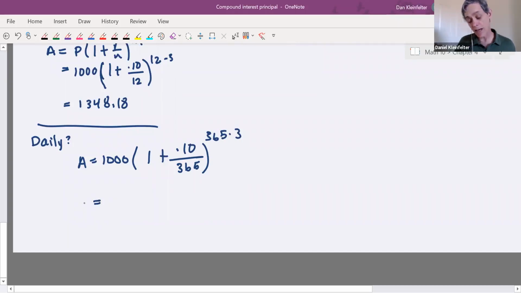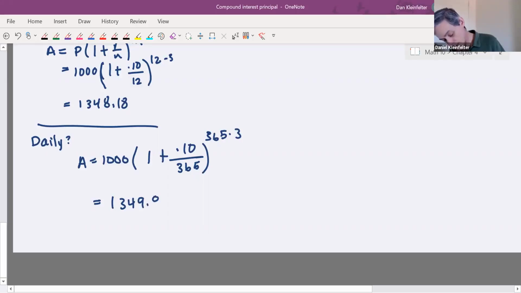Okay, your calculator might have a little trouble with an exponent of that size, but we should be okay. If you have trouble with it, let me know. More on that in a little bit. All right, so 1349.80,